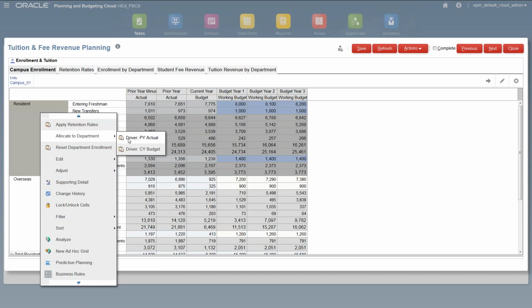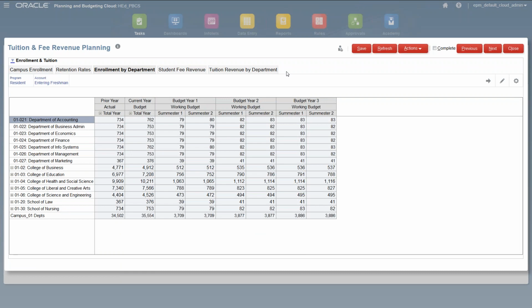And in this case, I've got a couple of options. I could allocate on the basis of student numbers by previous year actual by department, or by the current year budget. Again, these are options that you could control and have within your model. I'm going to allocate the numbers down by previous year actual. And then when it does the allocation down, we'll see now that it's allocated those target numbers, target student numbers,